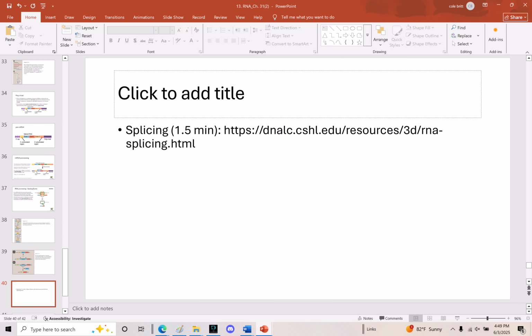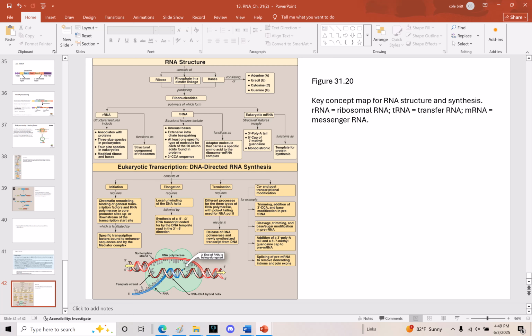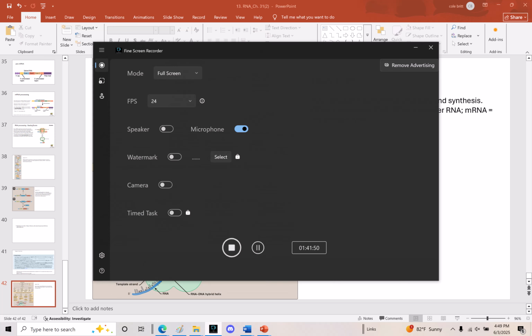Splicing, if you want to watch a video on it. But we're not, we are going to go home. I'm still going to make review slides for this one, but the other two that I've already done